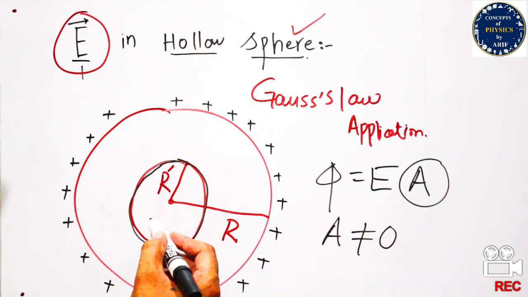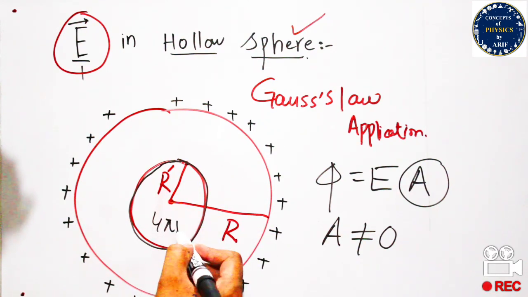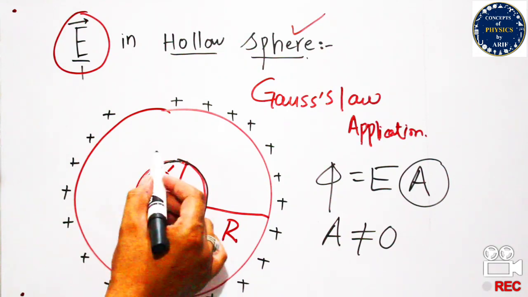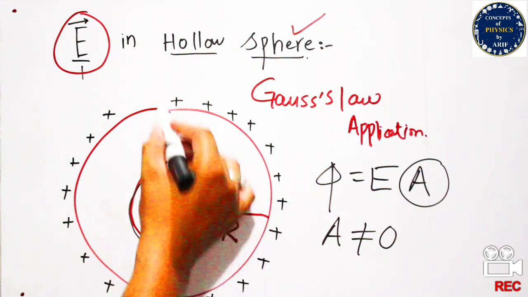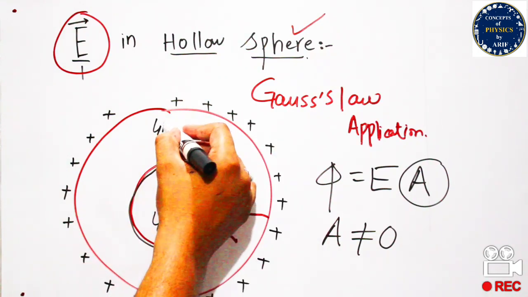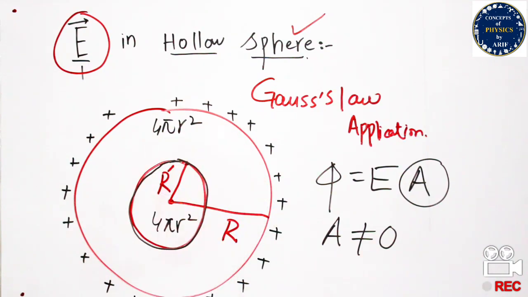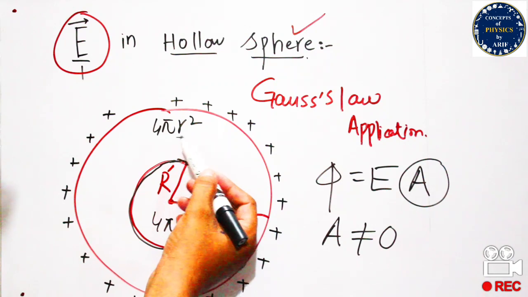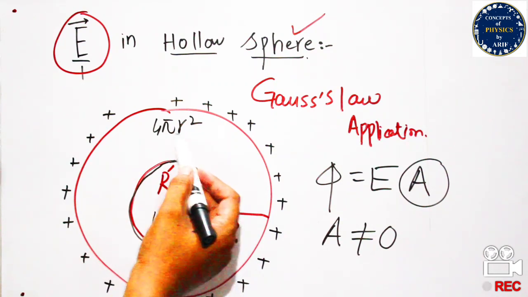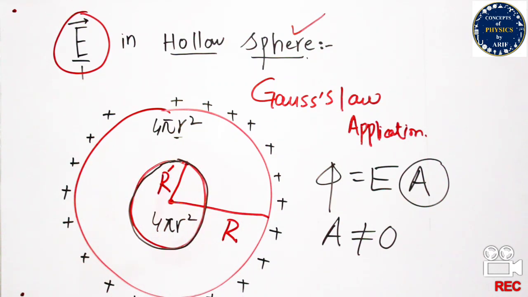This sphere is visible, it has radius r, and the upper or largest sphere has radius capital R, and the smaller sphere has a radius of r prime. It means that area depends on r squared,